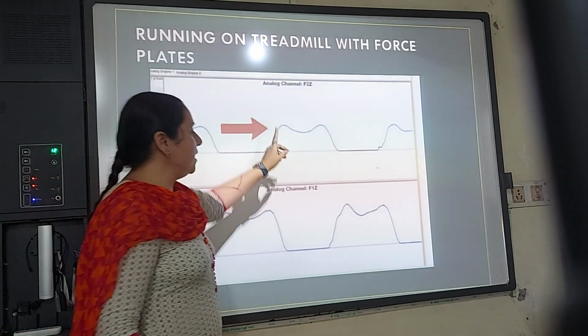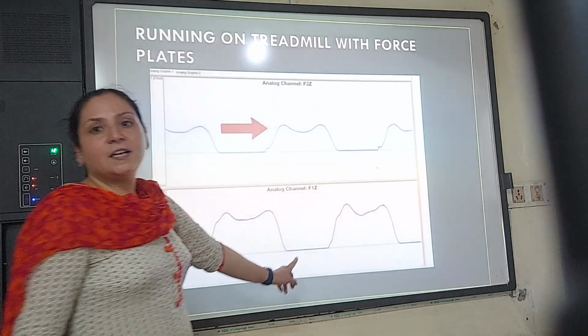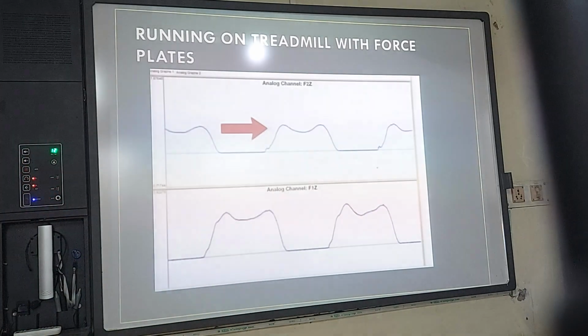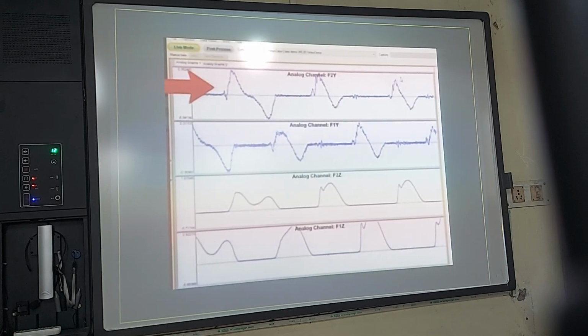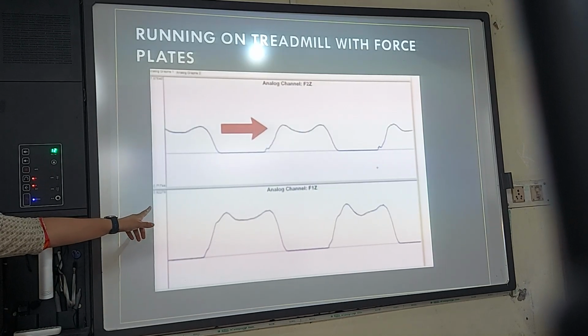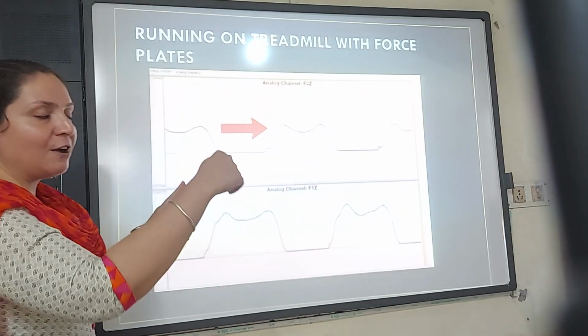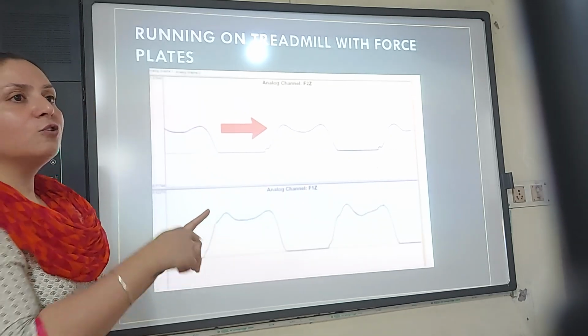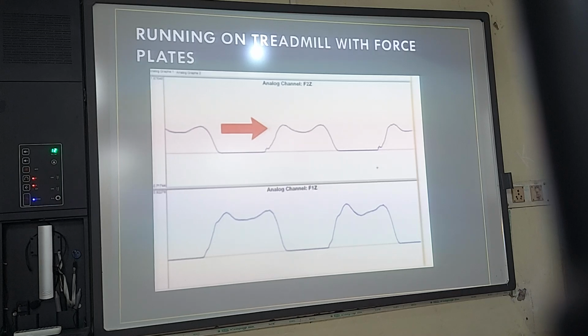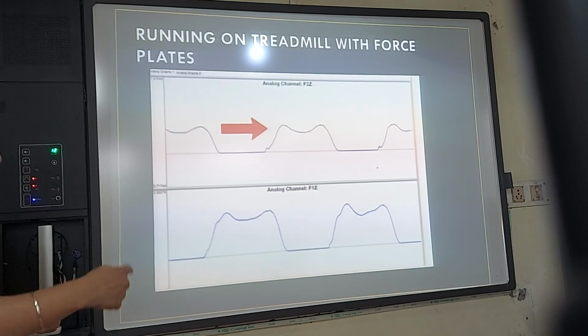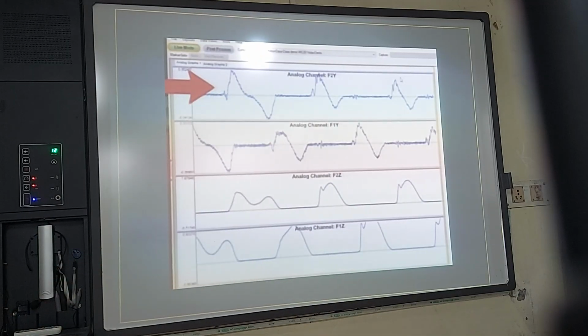And if it is for the right, you can see on the opposite side there is no curve to be noted, because it is already in the swing phase. Fine. Now when the speed increases, what happens? This was for the normal one, when the person was walking. The graph you get is like an ECG, a continuous note. This graph is continuous. It is a continuous movement, and as soon as you shift the speed, suddenly the graph changes.